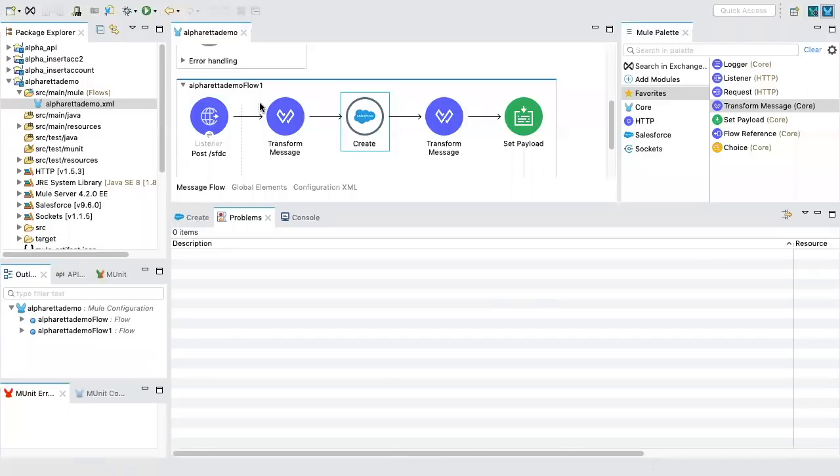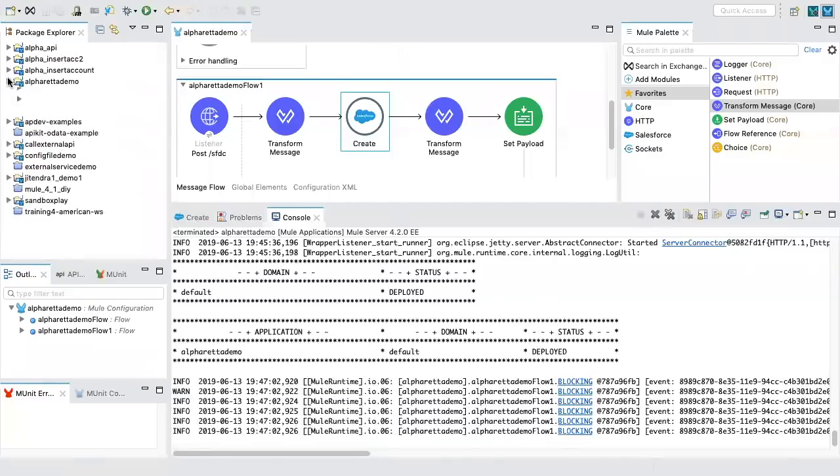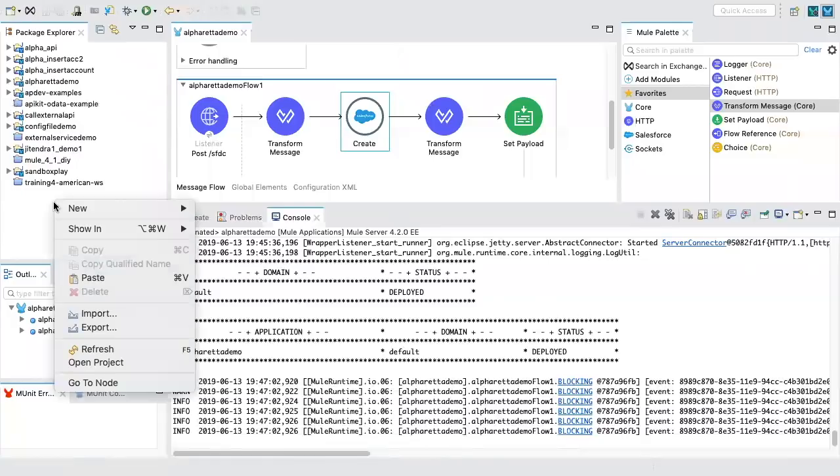I'm sorry, one last question. Those different layers, how are they separated in your design studio? I know they're not here, but how would they be hierarchically? So what we will do is, let me stop this one first. You see on the left side, these are all the projects. You will create a project named system layer, a project named process layer, and then a project named experience layer. And all these projects will call each other internally. That's how it is going to happen.